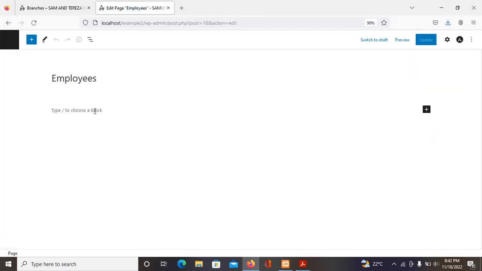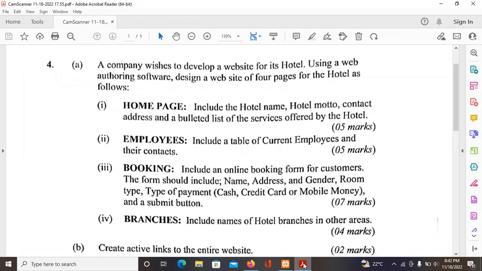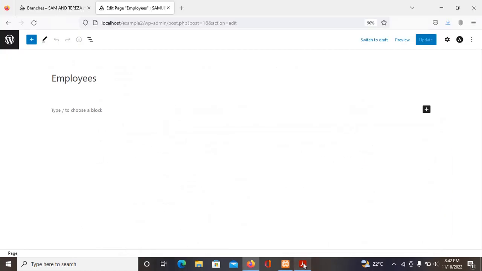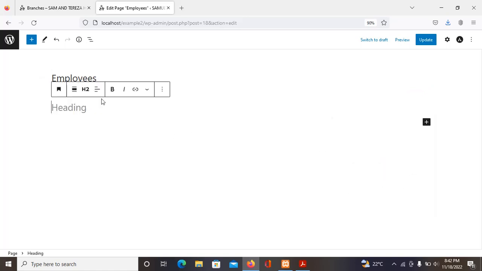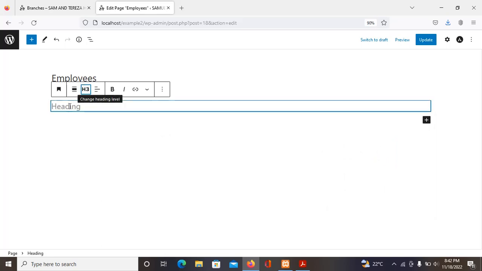We are under pages, edit. Then employees. For employees, we are supposed to have a table of current employees and their contacts. So you'll come here and try to introduce it by adding a title there, and you can make it heading 3, a smaller one, and you can say the following